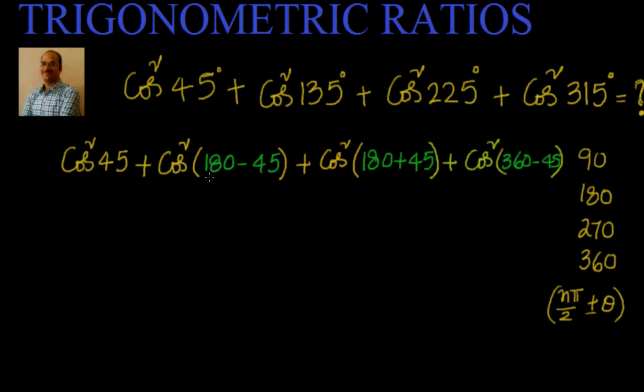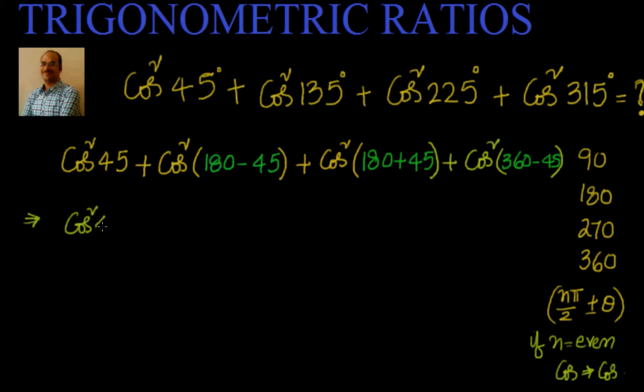Now you can see 180 is nothing but even multiples of pi by 2, because it is 2 into pi by 2. This is pi, that's also 2 into pi by 2. This is 2 pi, so it's nothing but 4 into pi by 2. So we know that if n is even, cos remains as cos. So this is nothing but equal to